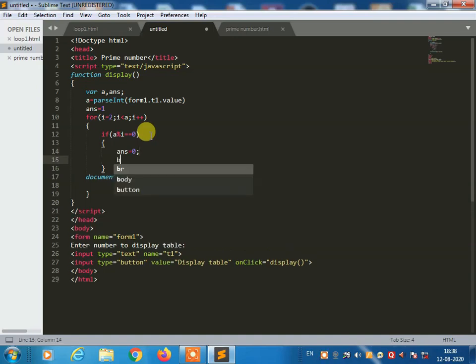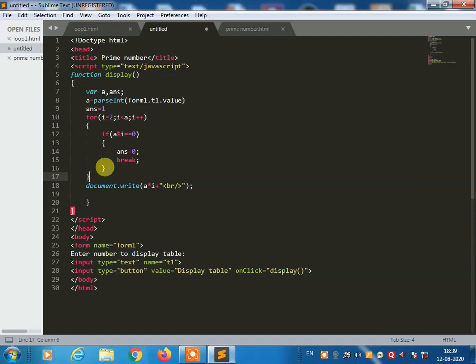After this we can use the curly bracket, and then you can write answer equal 0 semicolon. Then you can use the break statement. The break statement is used to jump out of a loop. It is used to make an early exit from a loop. When the keyword break is encountered inside the loop, control automatically passes to the next statement after the loop. Then use the semicolon, complete the curly bracket.